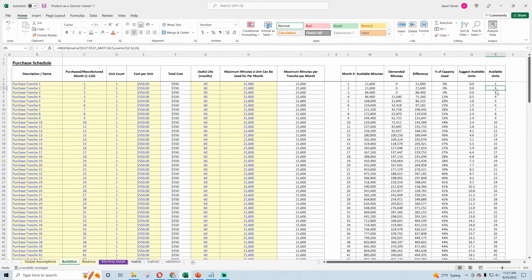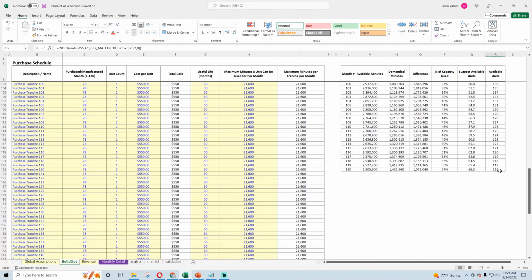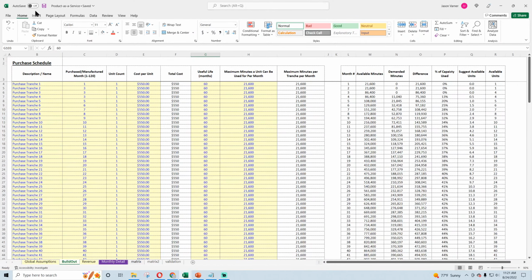The available units make sense. This number is a good number. And again, we are taking into account useful life of these things so they can run out and you have to buy more in a new tranche. But I'm trying to think, this suggested available units is trying to say based on what the customer demands.